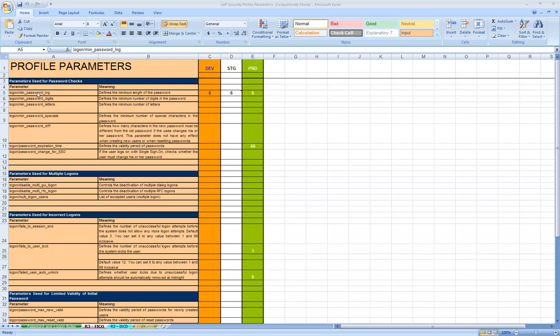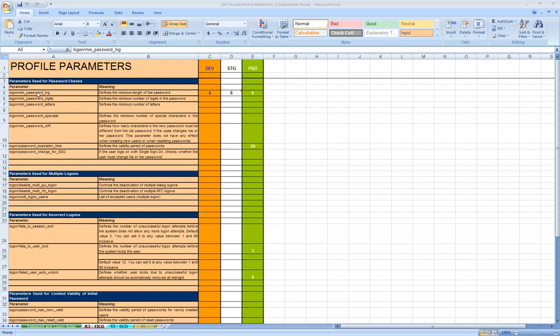You can set password related rules and user logon related rules as far as security is concerned. But you also have profile parameters that affect the memory and the performance of the system.